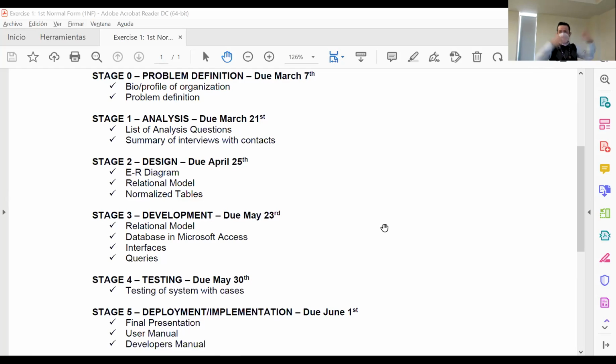And then you're gonna do interviews with people in the organization to get that from primary sources. And stage one then is going to be your list of analysis questions and the summary of the interviews you did. Okay. So for example, if the organization is CETIS University and we want to do a database system for the